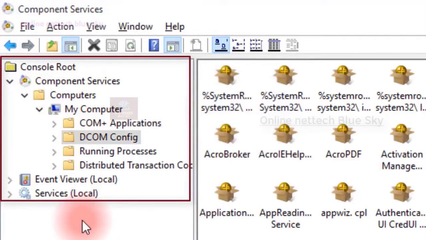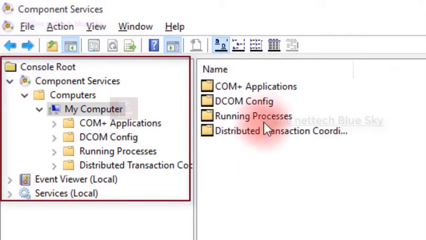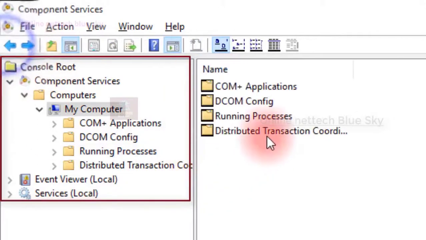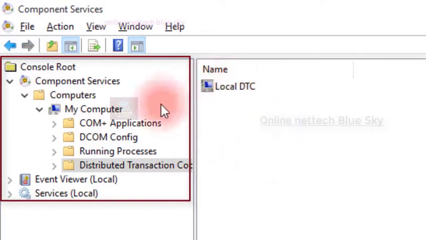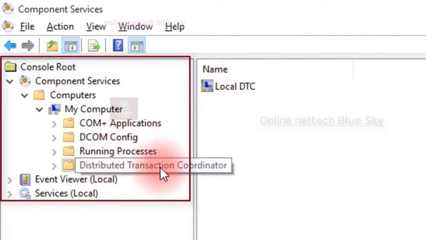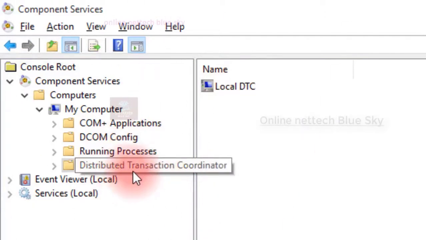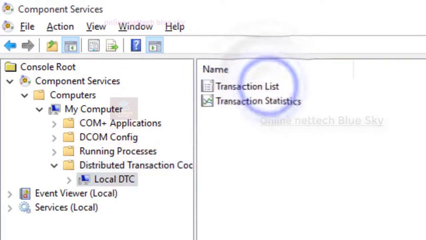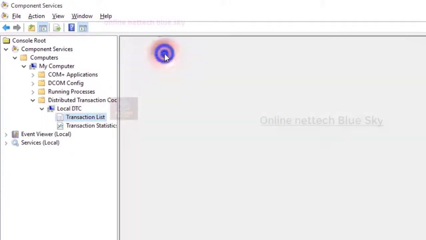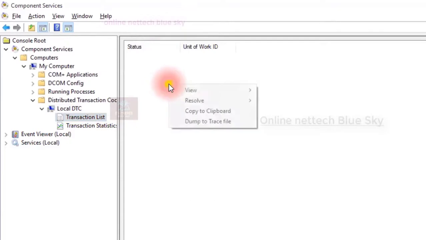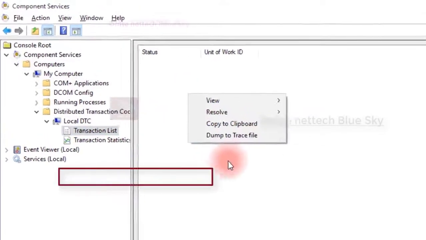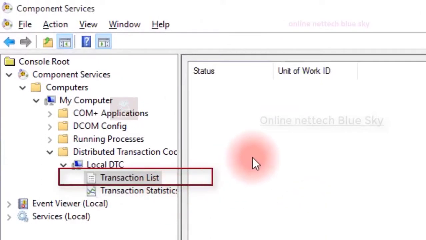You can see System32 holds all the different tab files available in Component Services and running processes. They all work with the same process, but give different results, such as distributed transactions, transaction list, and the different tabs, but all the files are stored in one separate system folder, the Windows system folder.